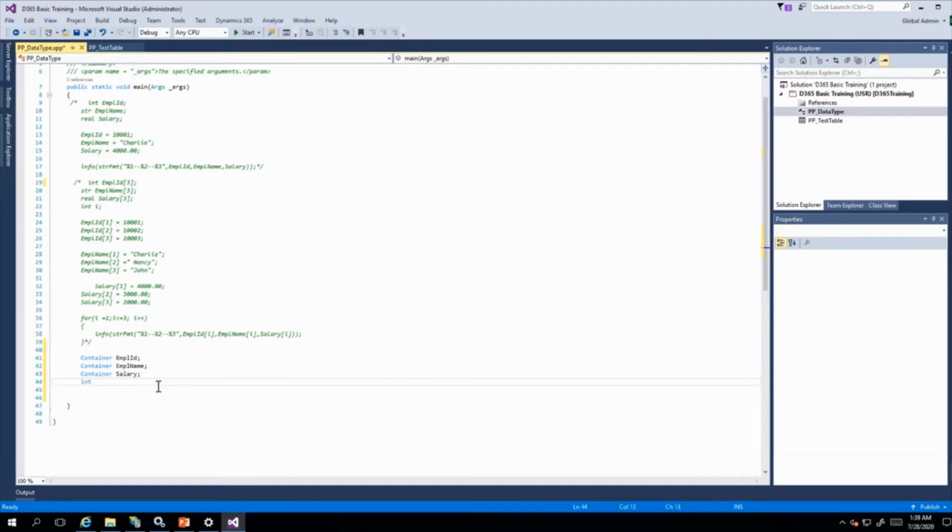Define int I also. So in one line we can assign multiple values. This is type string, so we will pass a string.